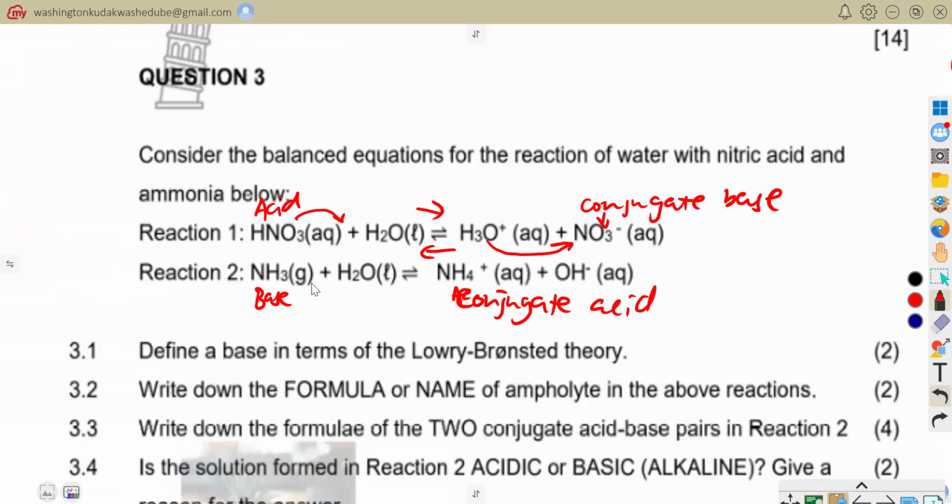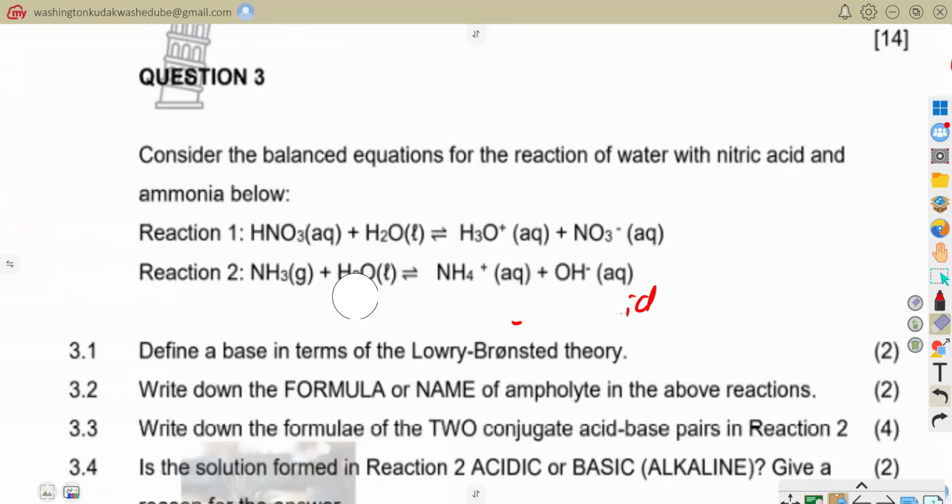Why do we say that? Because here ammonia is receiving H from water. So if we are going forward, this is receiving. But when we are now coming backward, which is reverse, ammonium is the one that is giving the H plus. So on our second reaction, the conjugate acid and base pairs there, we're just going to be,